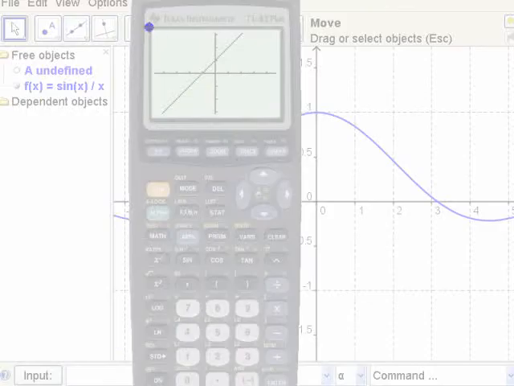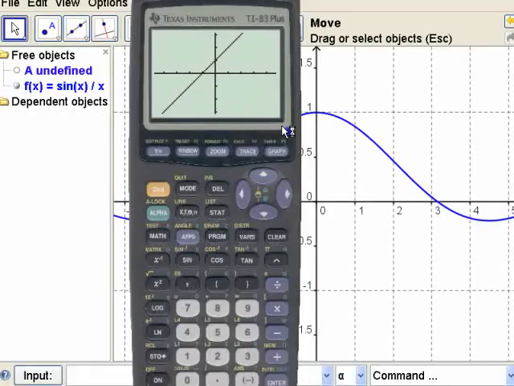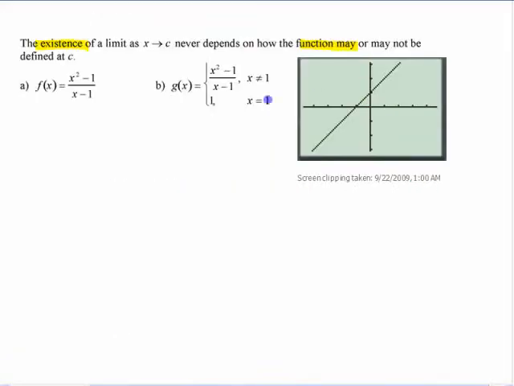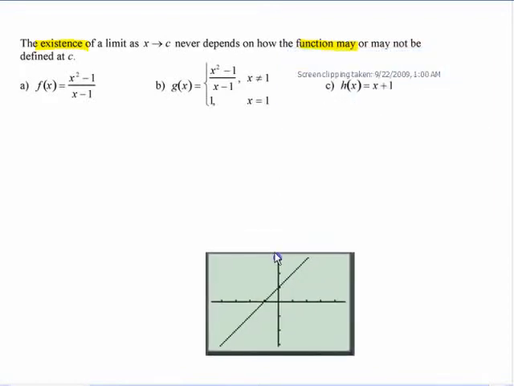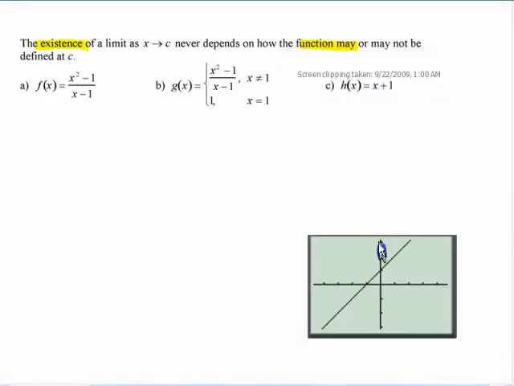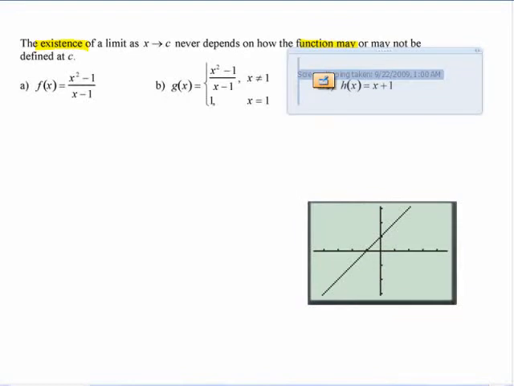Let's do that. Oh, look, I put it almost right where I wanted. Unbelievable. Come on. Now, we'll do the